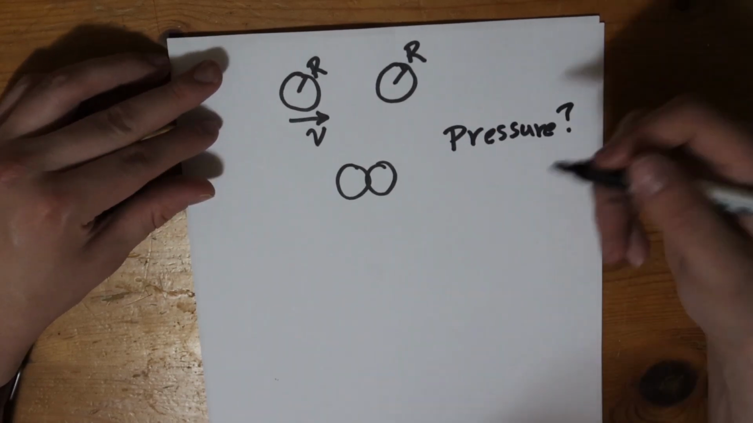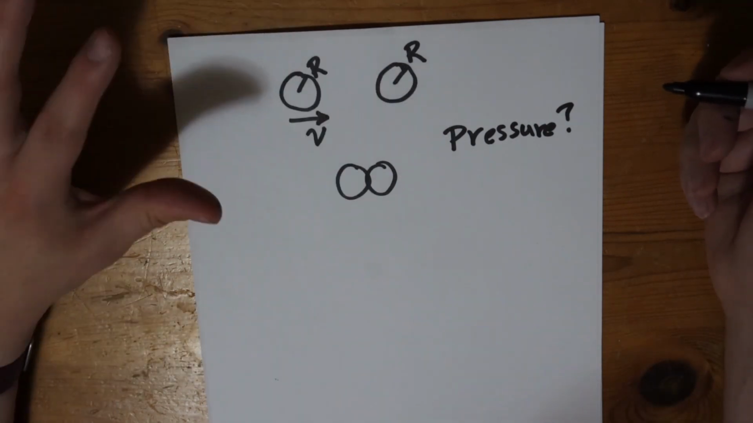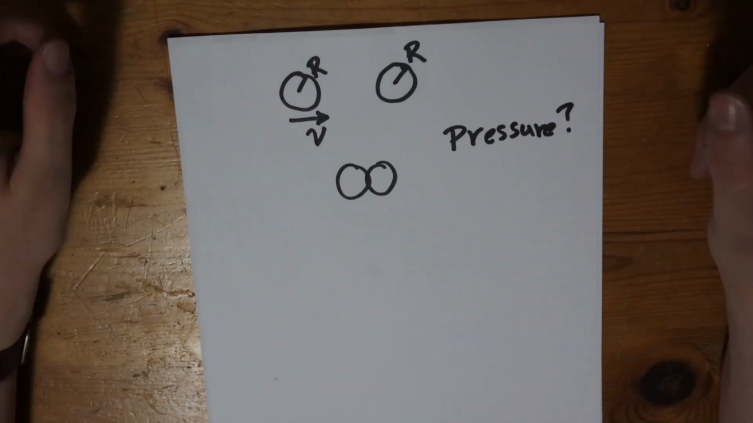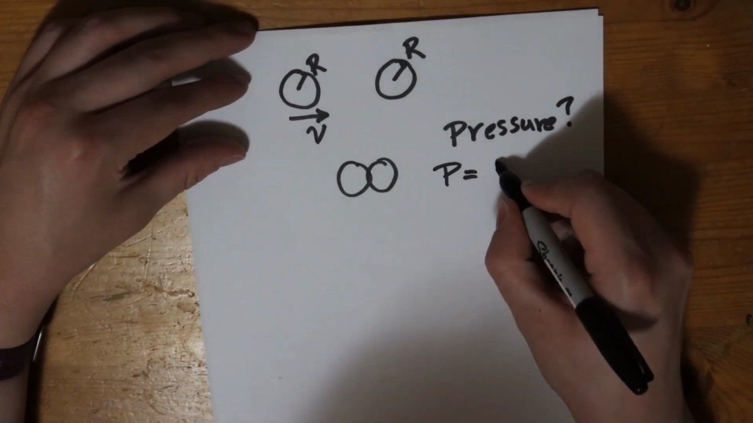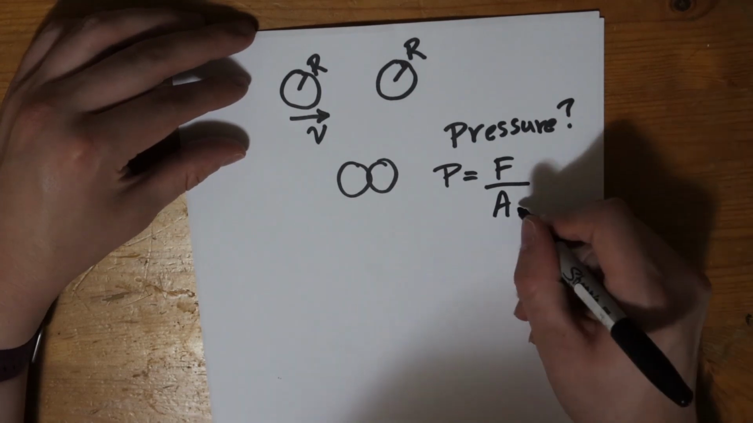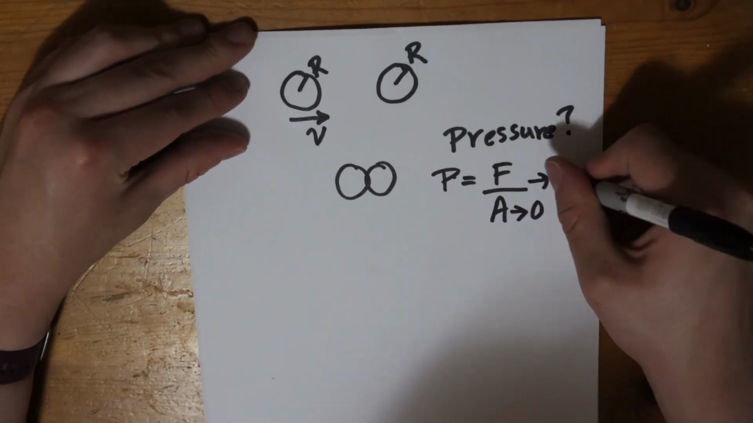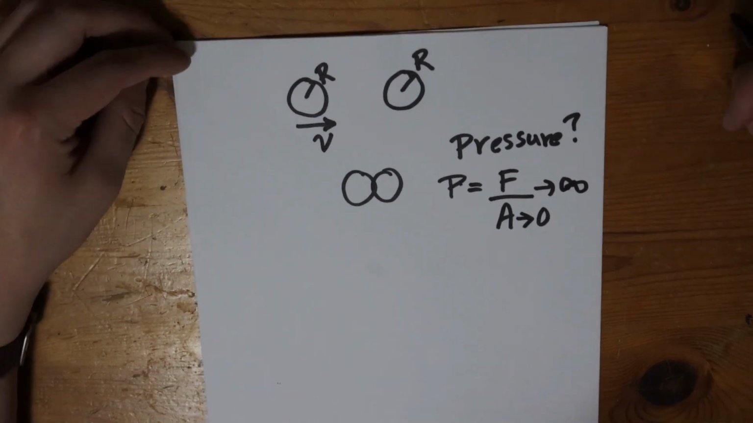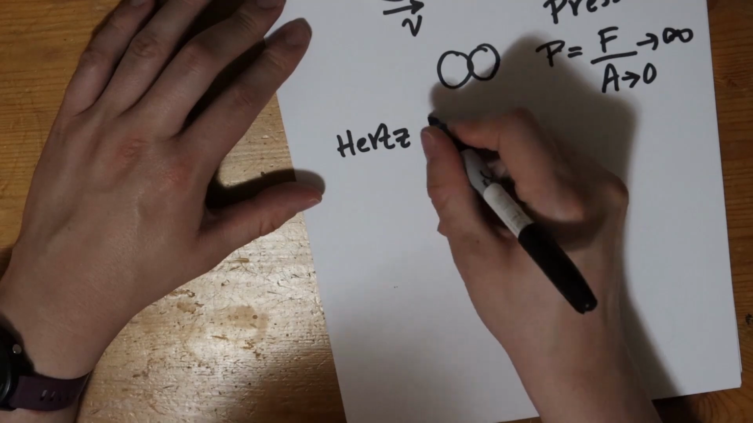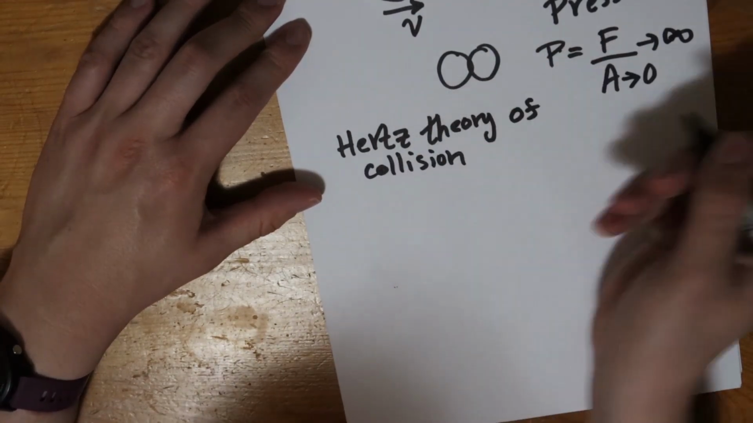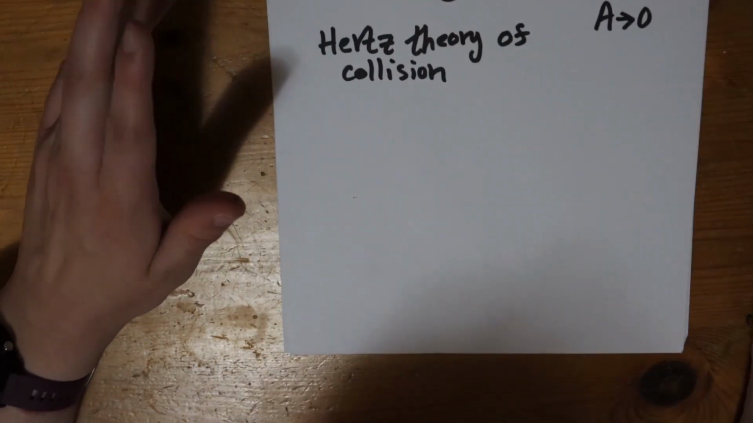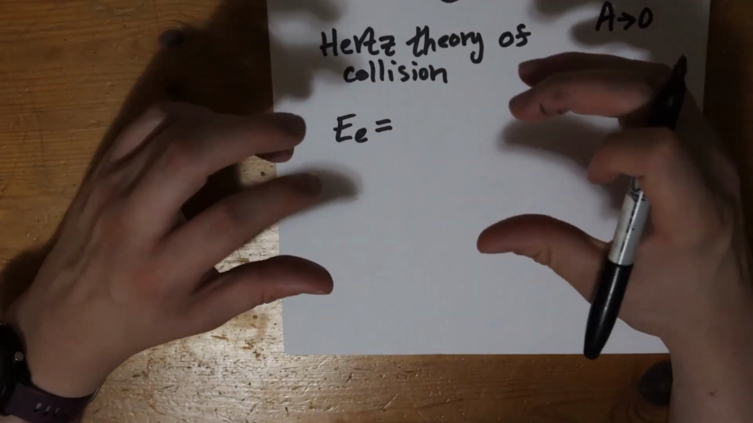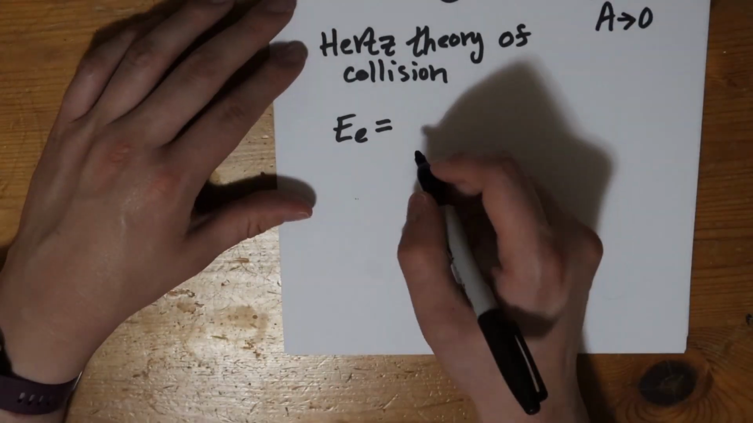Well, you cannot consider that the balls are rigid. You need to consider they are elastic, because if you don't, the area will tend to zero and you will have a pressure that is infinite. So you cannot do that. And so you need to consider that the spheres are not rigid and they are elastic with Hertz theory of collision. Hertz theory of collision says that the elastic energy of two spheres that collide is equal to half k